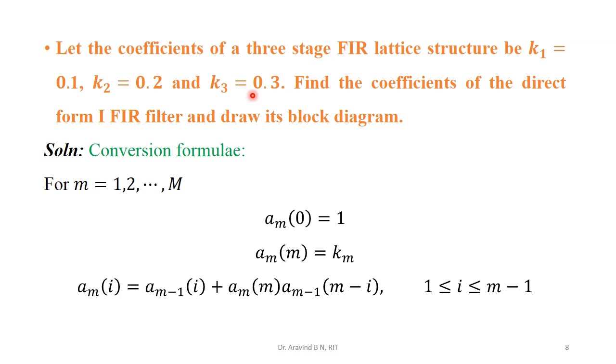So from the observation as well as from the given data, it is clearly represented as a 3-stage FIR lattice structure. That means the order of the filter is going to be 3. So that's the meaning we are going to have. Therefore K1, K2, K3 are given, and we need to identify h of z, and then we need to get y of n as the final result. For that we already have the conversion formula. So this is the conversion formula that has been rewritten. We are going to make use of this, and identify the direct form 1 realization.